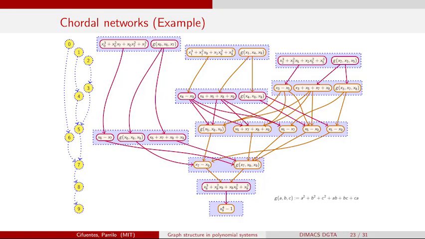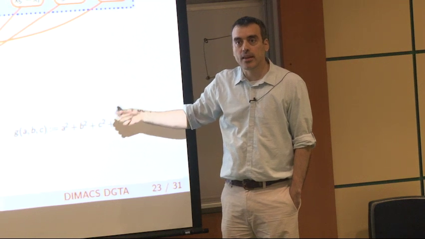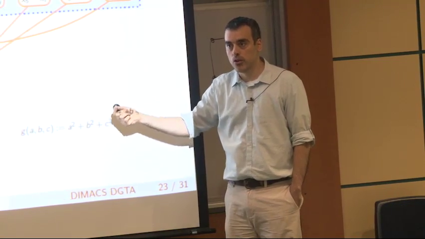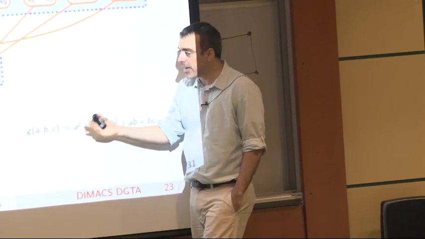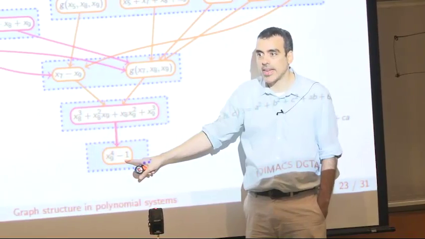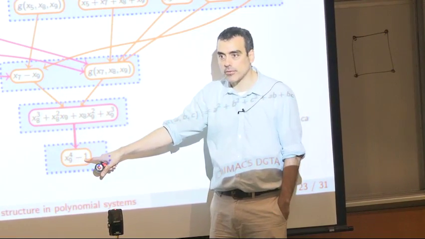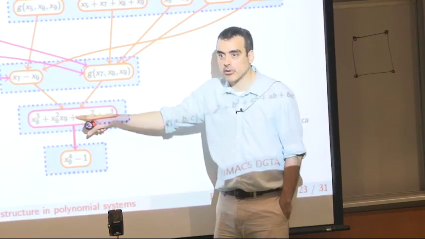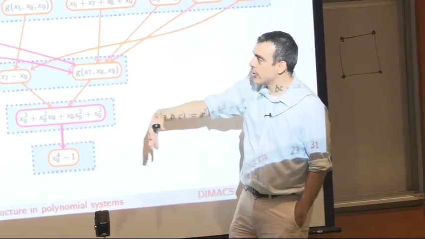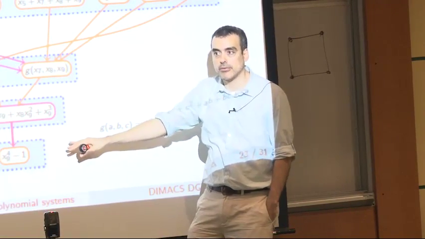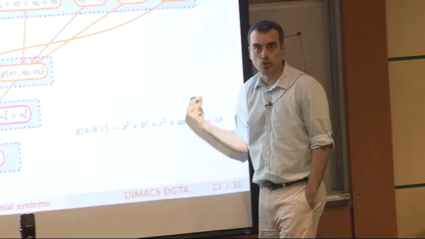And what I want you to notice in here is that what's going to happen is very much the same thing that happened in the coloring example. This is a data structure that's encoding all the solutions of my polynomial system, because I can play exactly the same game. I can start at the end. I can compute the solution of this. And I can move in here, compute the solution of this. And as long as I compute the spanning tree of this, I'm going to be able to produce a solution.